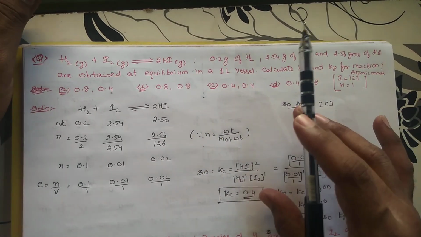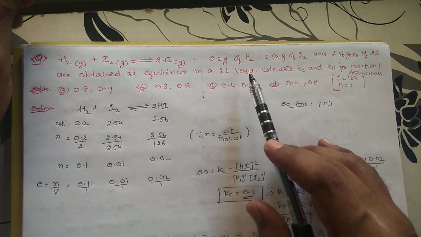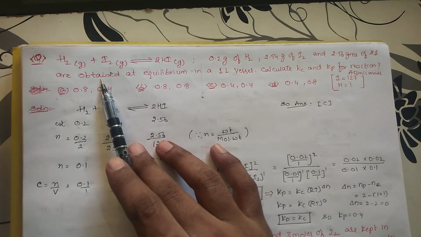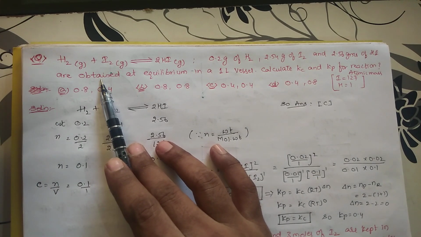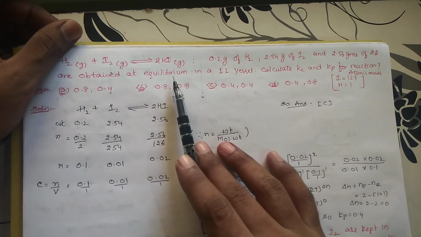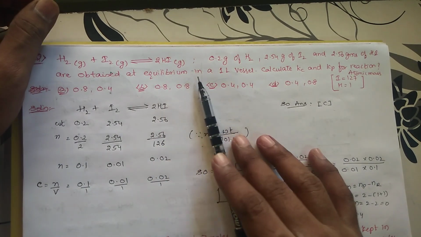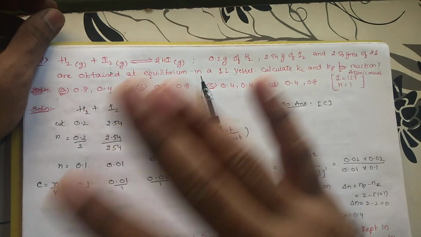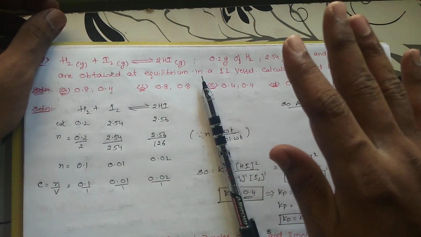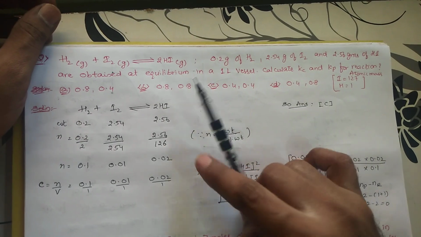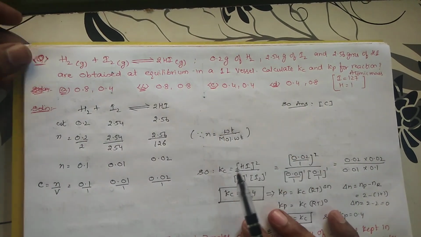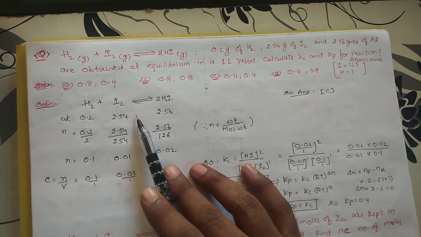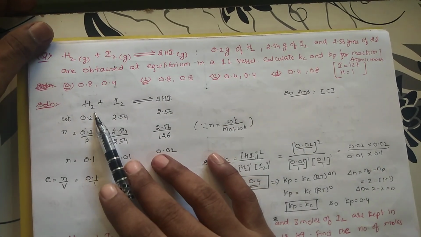So be clear, students: whenever you take values in the equation, you will not be taking the initial ones. In any problem, the values you take will be only the values obtained at the equilibrium. Remember this, only the values obtained at equilibrium you will be keeping in the problems, not the initial amounts. Initially you may be taking any amount, it is not a concern. At the equilibrium point, whatever you are getting, those values alone are placed in the equation, because this is the equilibrium chapter, right? Okay, let me go into the solution.